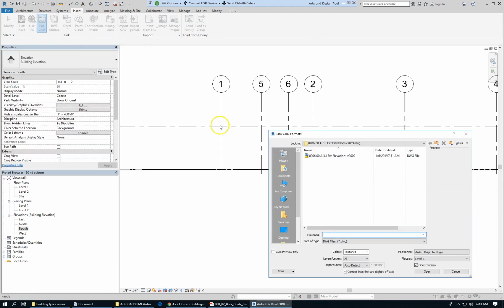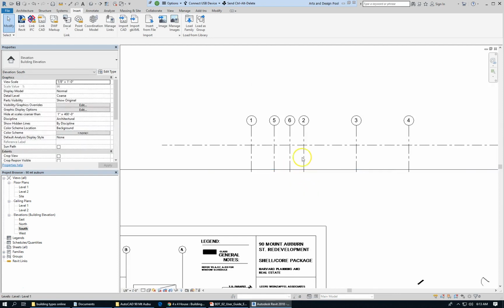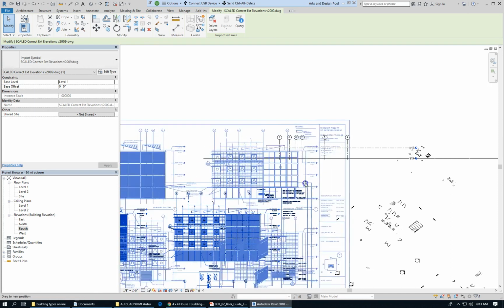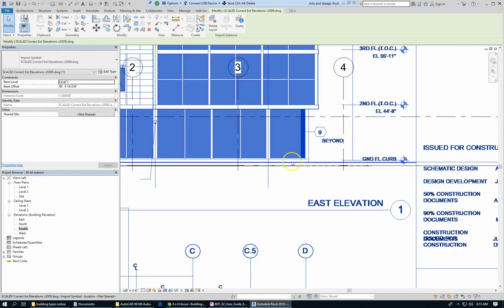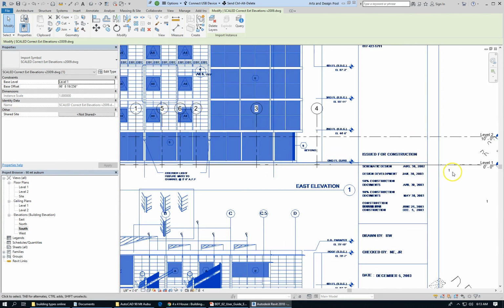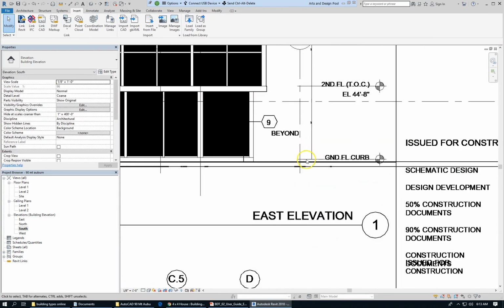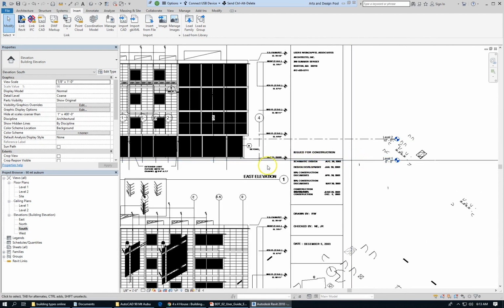Okay. There's my drawing. This should work correctly. There we go. Unpin it. Let's set the ground level correctly. This is a vector drawing, so you can use the align tool to